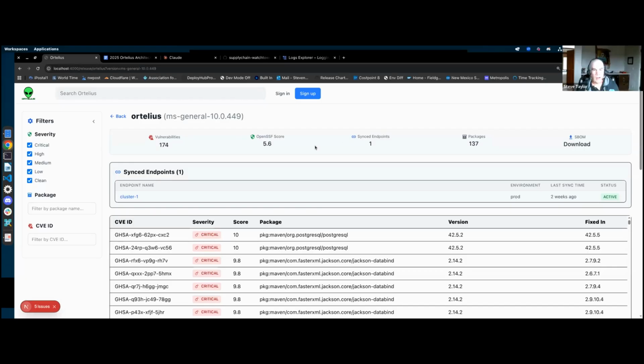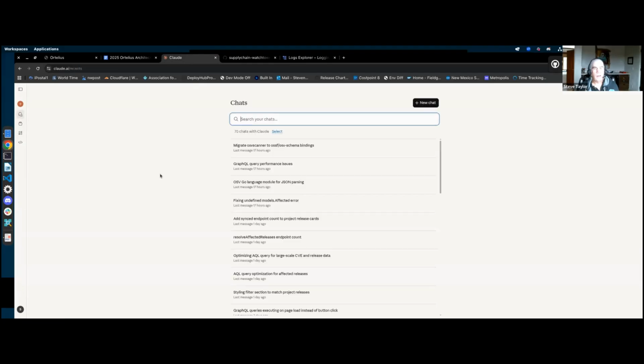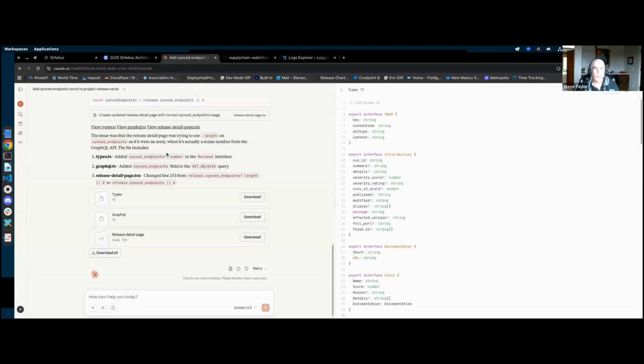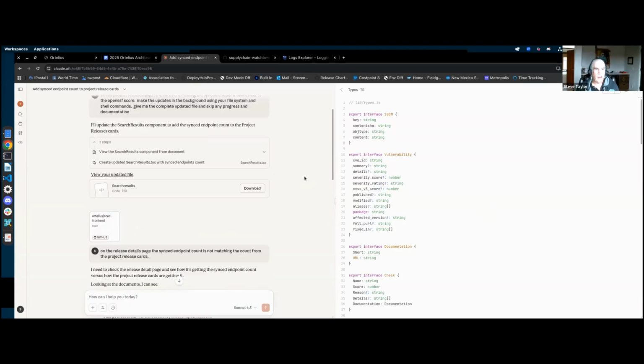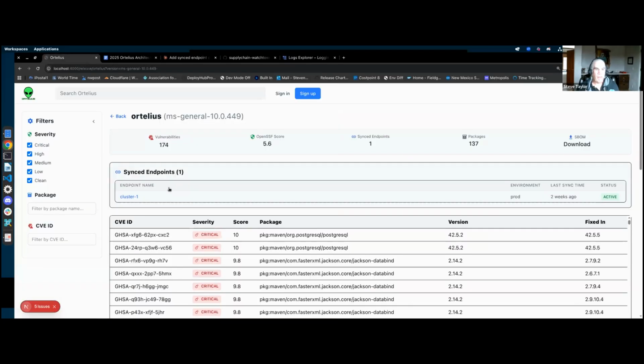And like I said earlier, I've done all this with AI. So if we go back over, if you look at one of my chats, it should be a different URL for Claude Code. I'm just trying to bring up one of my past chats so you can kind of see what I've done. So the problem I was having was, if we go back,